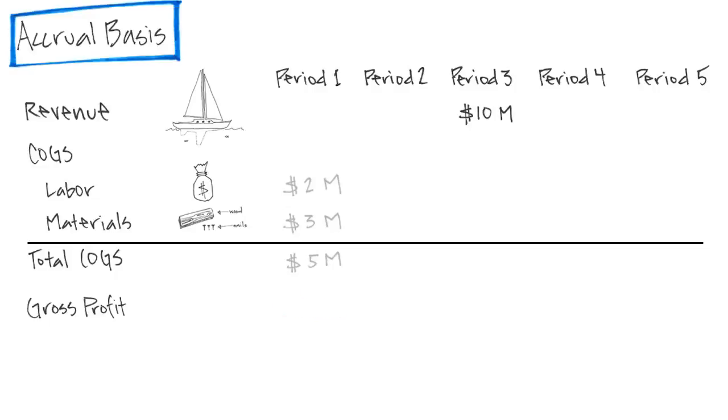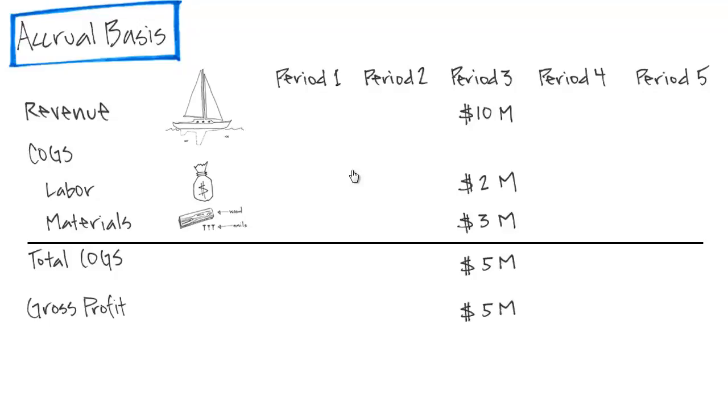If, however, you were to look at this on an accrual basis of accounting, which uses the matching principle, then the revenue generated by the sale of the boat would be matched with the expenses of having manufactured the boat. And in this way, your income statement for period 3 would be a lot more meaningful. And recall that in this example, the cash payments are still made in period 1. But on an accrual basis of accounting, the matching principle requires that you record those expenses in period 3 on